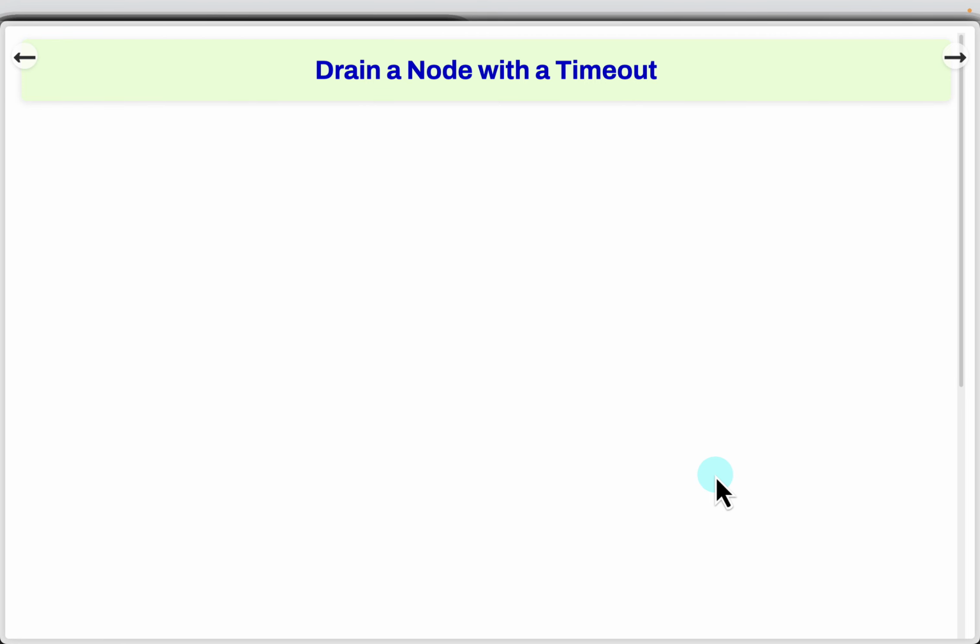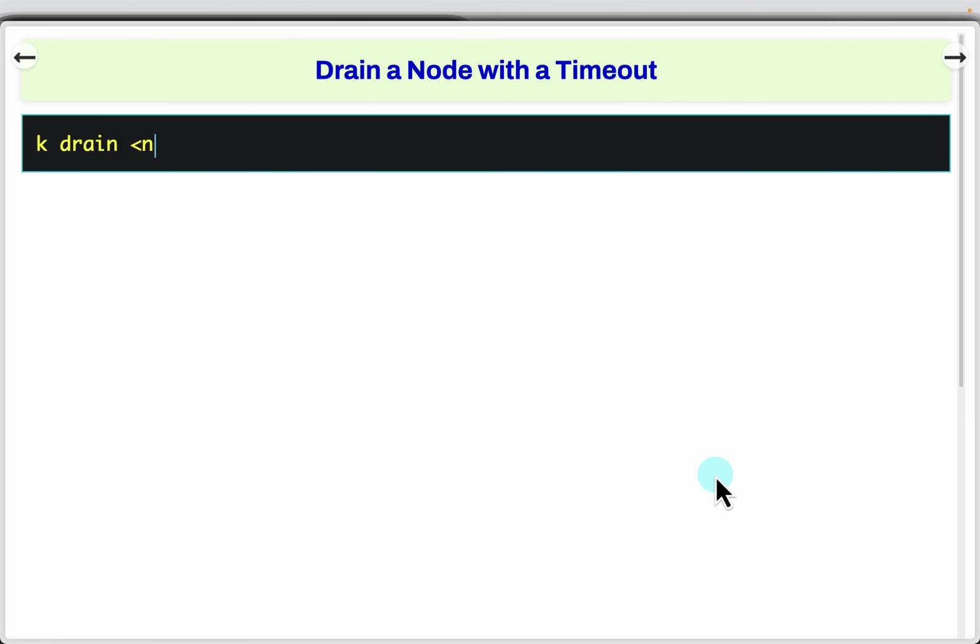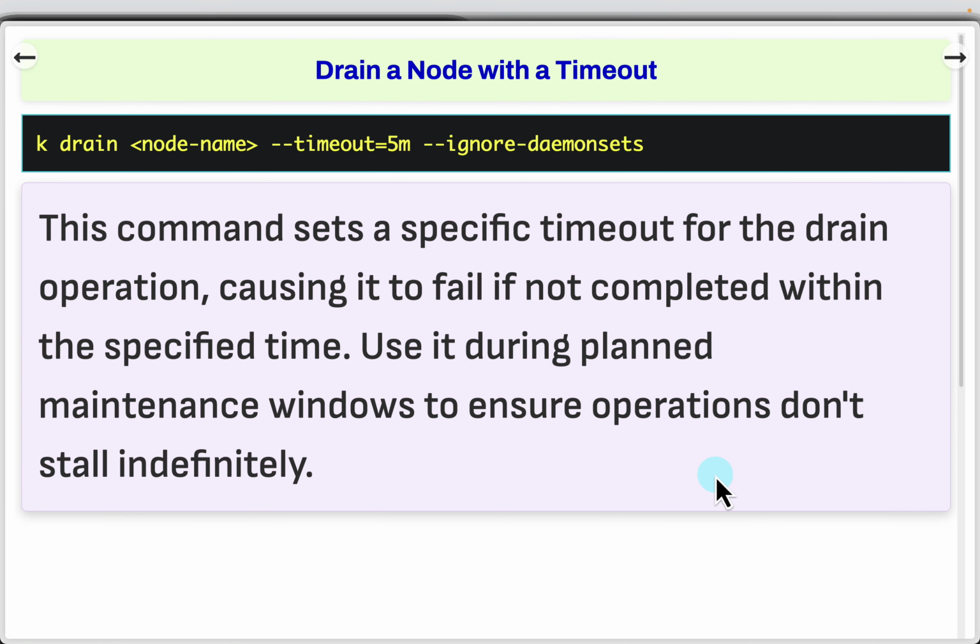Next command, drain a node with a timeout. So k drain followed by the node name --timeout. So I am giving 5 minutes --ignore-daemonsets. So this command sets a specific timeout for the drain operation, causing it to fail if not completed within the specified time. Use it during planned maintenance windows to ensure operations